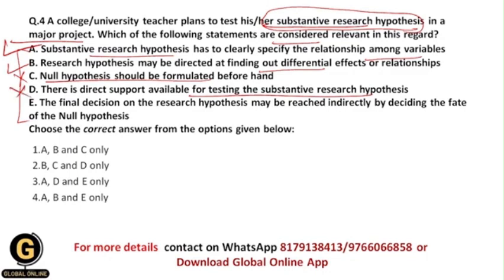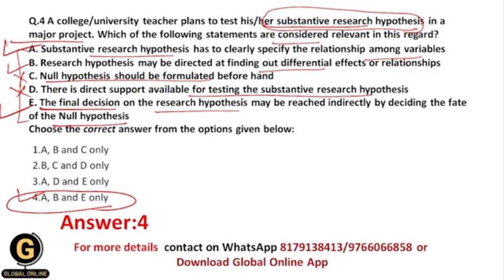The final decision on the research hypothesis may be reached indirectly by deciding the fate of the null hypothesis. Yes, this statement is correct because whenever you reject the null hypothesis, then obviously automatically you accept the research hypothesis. And whenever you accept the null hypothesis, then you reject the research hypothesis, and that's why indirectly your decision will be based upon the fate of the null hypothesis itself. That's why your correct answer should be 4, that is A, B and E only, because only these statements